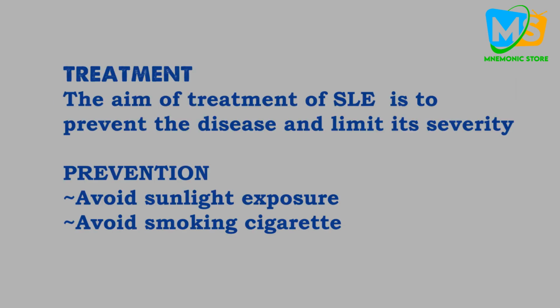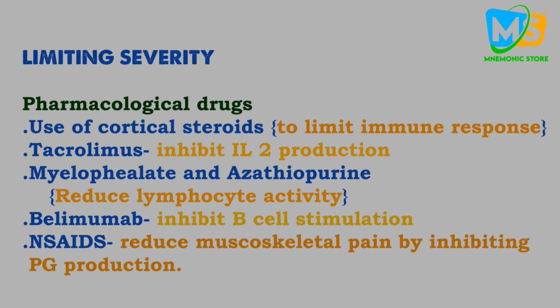Treatment and prevention of systemic lupus erythematosus. With the treatment, the main aim is to prevent the disease or limit its severity. With prevention, avoid sunlight exposure so as to avoid flare-ups, and avoid cigarettes. With limiting severity, pharmacological drugs are used, where we have the use of corticosteroid, which is used to limit immune response, tacrolimus, which inhibits the interleukin-2 production,